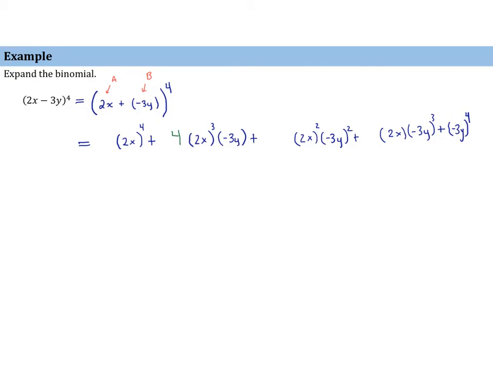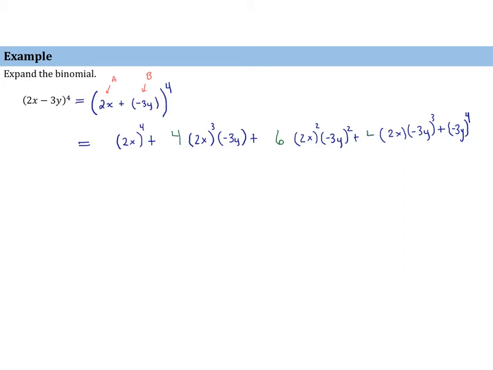Now we'll just continue the process. 3 times 4, this is the second term, so 3 times 4 divided by 2 is going to be 12 divided by 2, which is 6. 2 times 6 divided by 3, because this is the third term, is going to be 12 divided by 3,